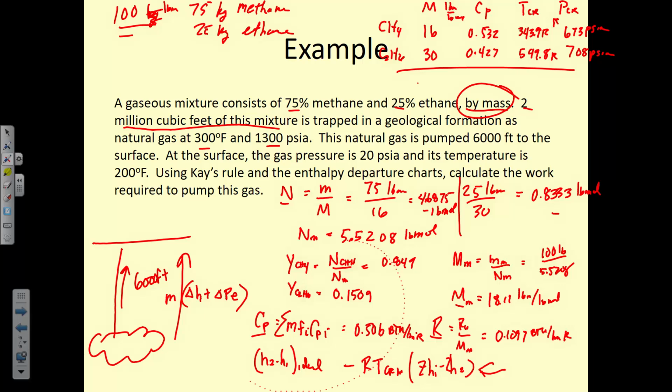Yes? Did you say this stuff was going to be on the test? Some of this is going to be on the test. Okay, it's not going to be complicated problems like this. It's going to be basic kind of stuff, seeing if you know how to calculate mole fractions and mass fractions and molar masses. So the type of problem that's on the homework will be similar to what you would have on the exam. Will this carry over to the next exam? Yes, it will carry over to the next exam.